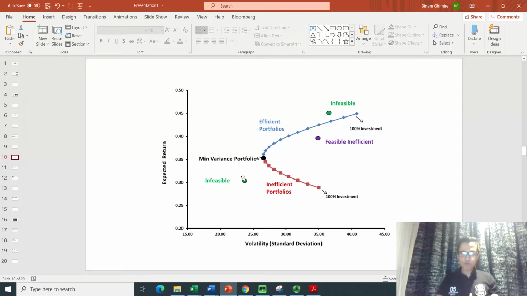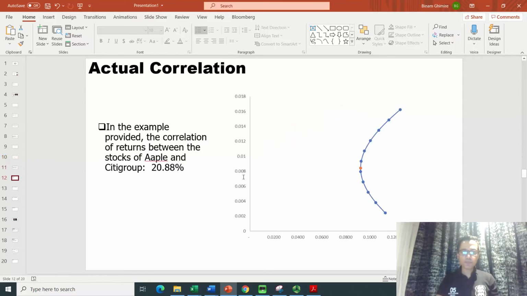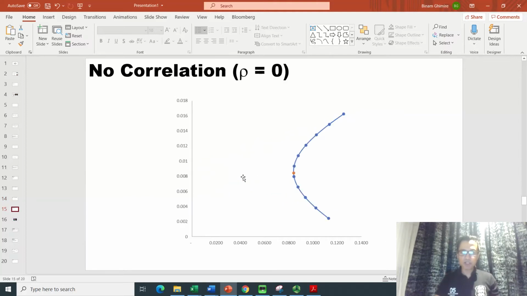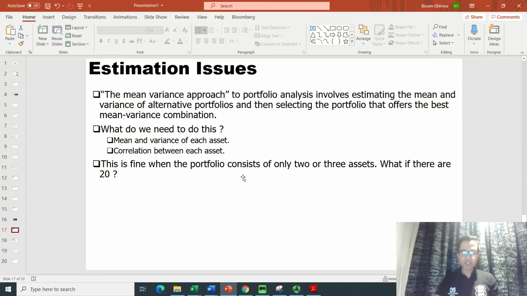But when we talk about a portfolio, we will not limit it to 2 stocks. People invest in hundreds or even thousands of stocks sometimes, yes? So computationally, application of the efficient frontier line then becomes very hectic, and you need very huge computational power. So that can be complex, whereas the estimation issues related to the portfolio theory, the Harry Markowitz efficient frontier line, that limitation can be overcome if we apply the single